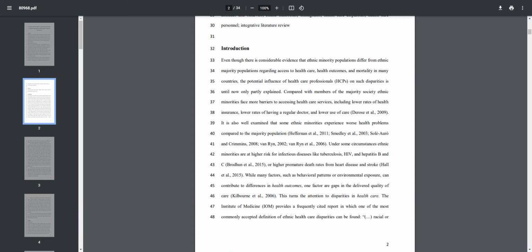And also, it means that when you are writing it, you're writing it close to a third person narrative, sort of. Or let me show you an example. So the first sentence here says, even though there is considerable evidence that ethnic minority populations differ from ethnic majority populations regarding access to healthcare, health outcomes, and mortality in many countries, the potential influence of healthcare professionals on such disparity is until now